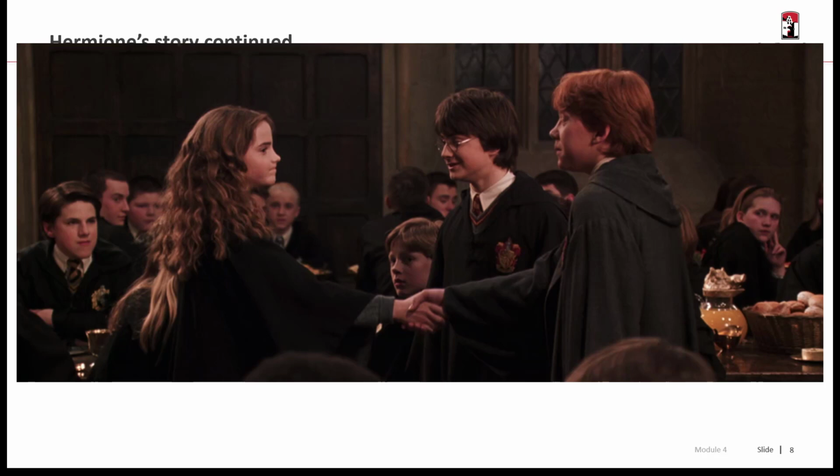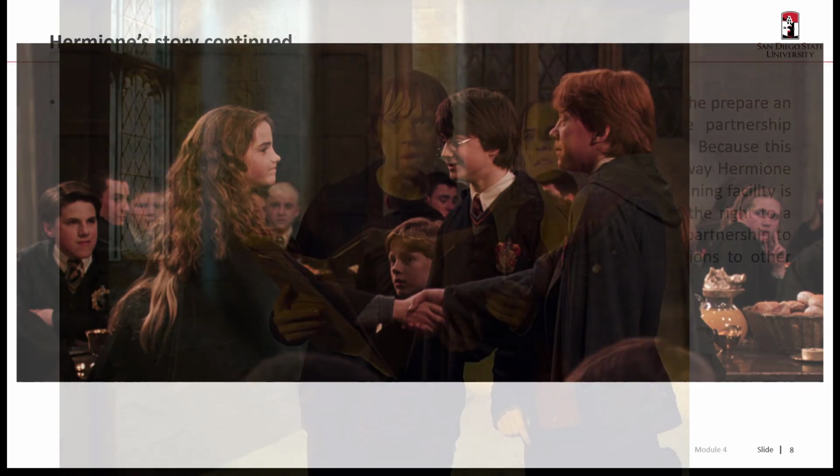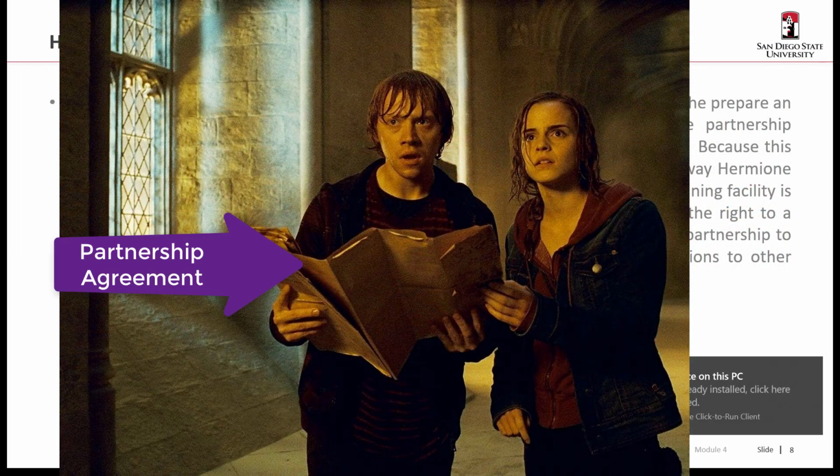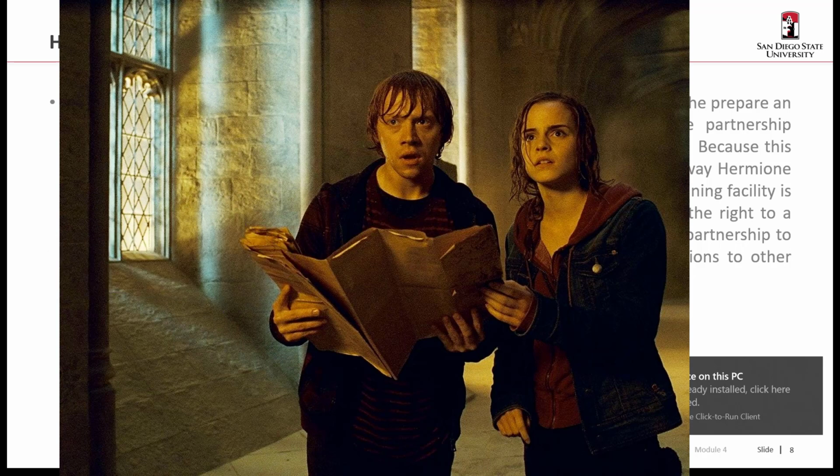Both Hermione and Ron are astute investors, and a simple handshake will not do. So they prepare an agreement between themselves known as a partnership agreement. In the partnership agreement, they define the rights and responsibilities of each partner as an owner. Because this agreement is between two private parties, there's quite a bit of flexibility in the way Hermione and Ron